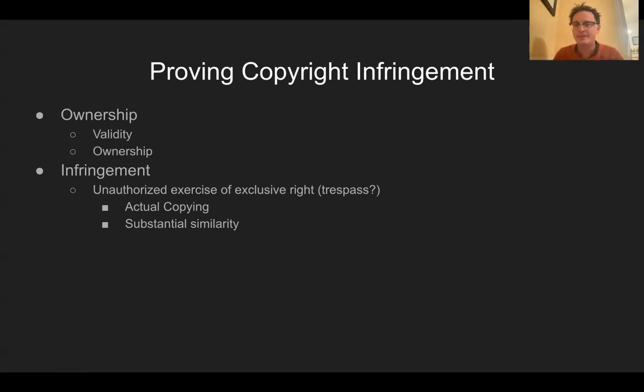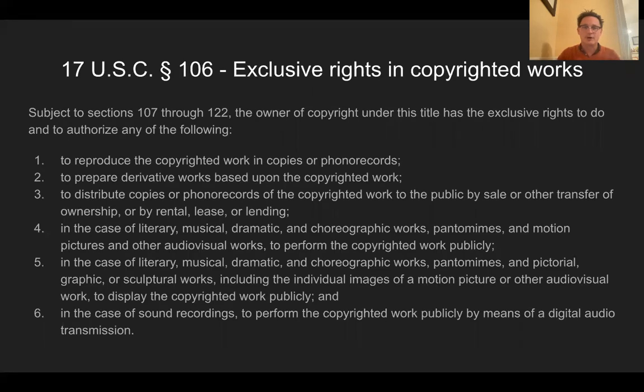So in the case of copyright infringement claims, specifically in the case of reproduction claims, which is the primary form of claim we're going to be thinking about right now, we'll think about other claims later. We're thinking primarily about reproduction-based claims now. The copyright owner has to show that the alleged infringer, the defendant, has actually copied the work of authorship that they own. And because of the copying of protected elements, the two works are substantially similar and therefore infringing. There's a lot packed in to those two requirements.